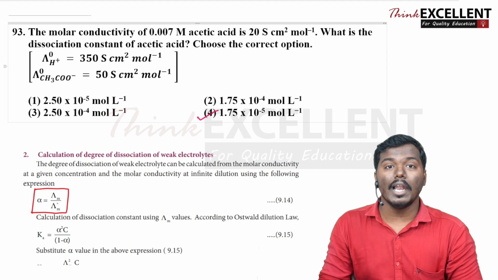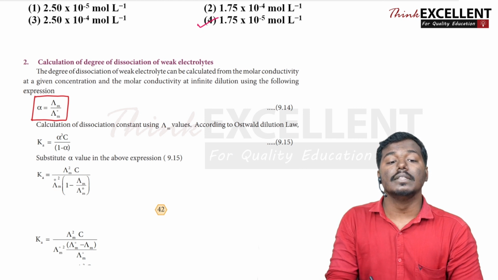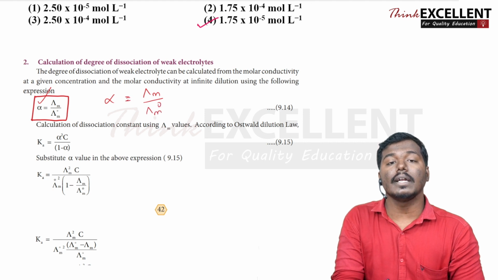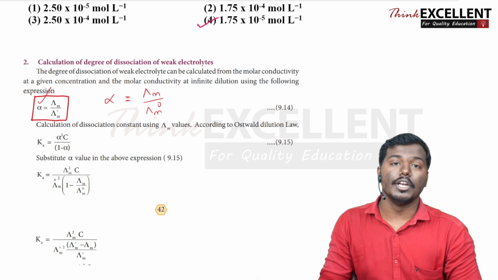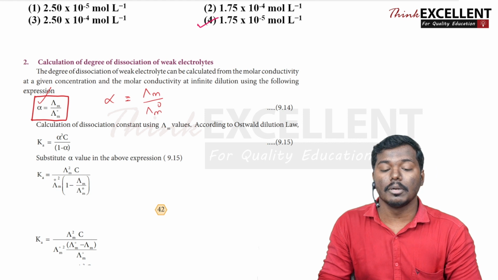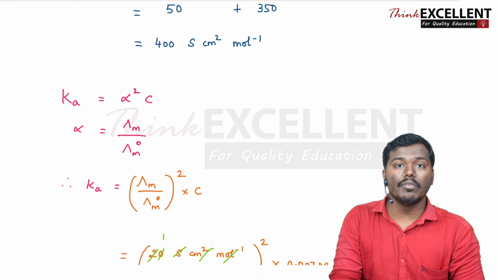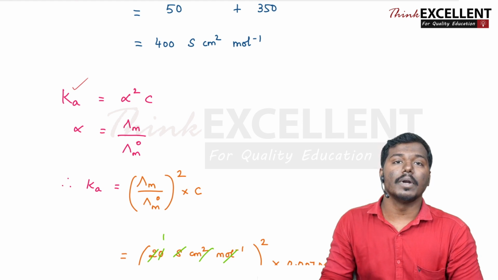So நம்ம bookல electrochemistry ல இந்த Kohlrausch law ல படிச்சிருக்கோம், that is to find out this alpha, that is the degree of dissociation, the formula is lambda m by lambda m naught, right? That is the molar conductance by the limiting molar conductance. அப்ப இந்த ரெண்டு வேல்யூவோ நம்மளுக்கு தெரியும். So இதை யூஸ் பண்ணி degree of dissociation நம்ம கண்டுபிடிக்கலாம். So அப்ப degree of dissociation நம்மளுக்கு தெரியும்னா, that is alpha, we can easily find out the Ka value, that is Ka is equal to alpha square into C, right? So இந்த formula யூஸ் பண்ணி தான் நம்ம substitute பண்ண போறோம்.